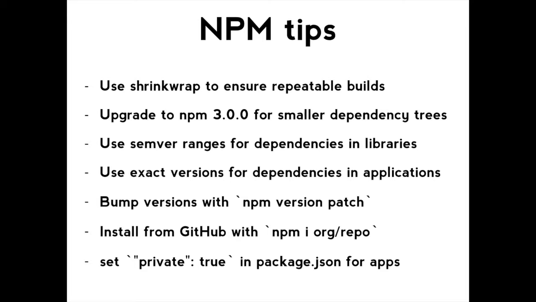If you're building a library and you're depending on other things, then use semver ranges to say it's okay for us to use, say, 1.x or 1.1.x rather than specifying a particular version unless the thing is broken everywhere else. Especially with NPM 3, which tries to flatten your dependency tree, it allows more people to ensure that they can fit it in with their dependencies. But for your applications, if you're not using shrinkwrap, you should probably specify an exact version for the dependencies that you're using to ensure that other people can't break your application.